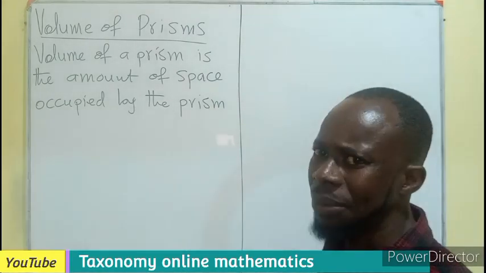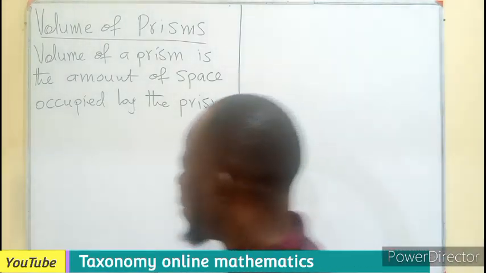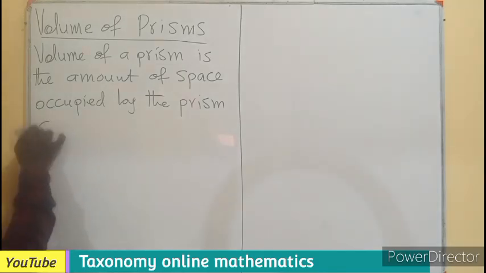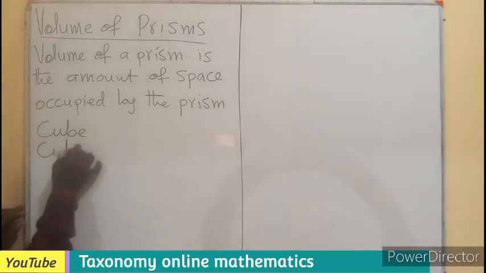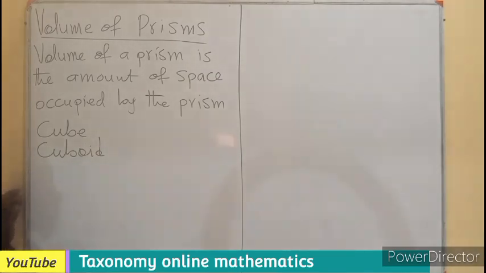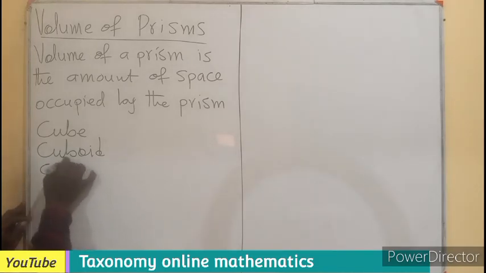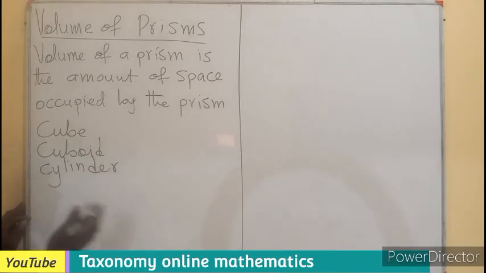We know there are different types of prisms, right? We can start by talking about a cube, which is formed from a square. We can also have a cuboid, which is formed from a rectangle. Yes, of course, we can have a cylinder, which has its own name as a cylinder, not basically in terms of prism, but it's also an example of a prism. We can have a triangular